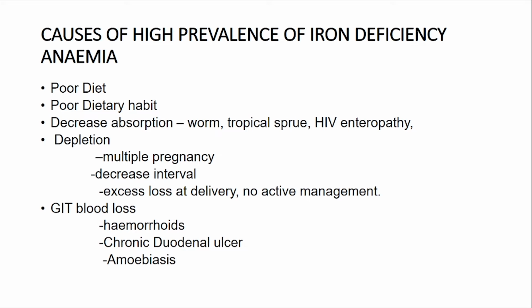And also depletion of iron, which could be from multiple pregnancy, from decreased interval between pregnancies, and when there is excessive loss at delivery, and also from GIT blood loss,